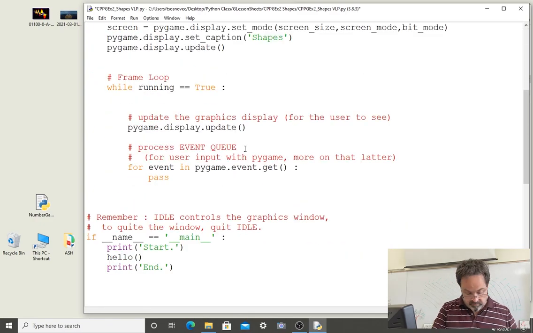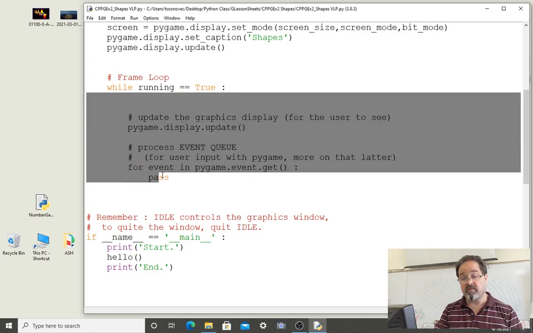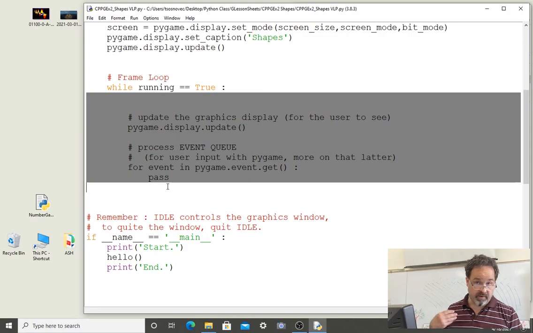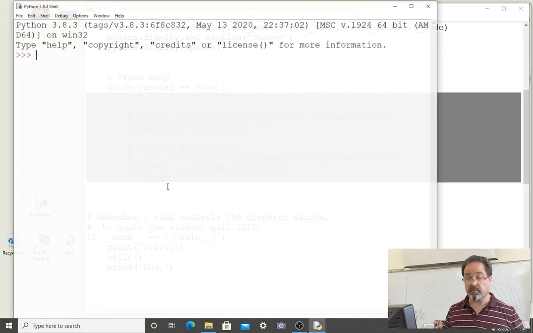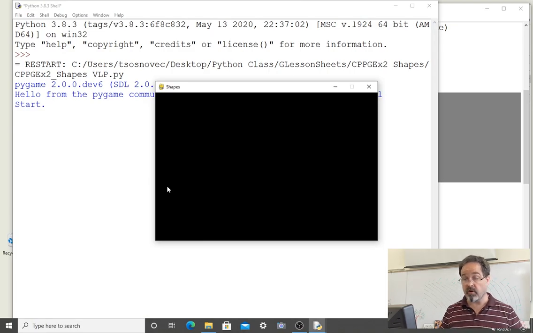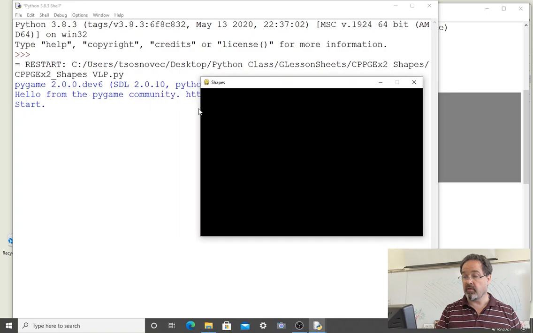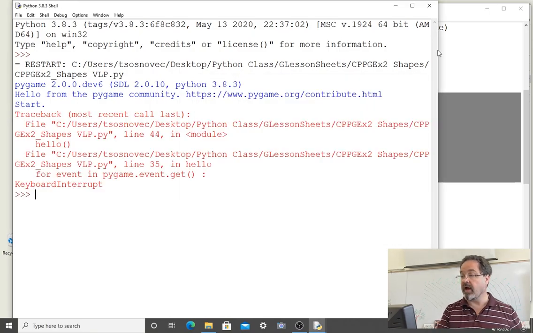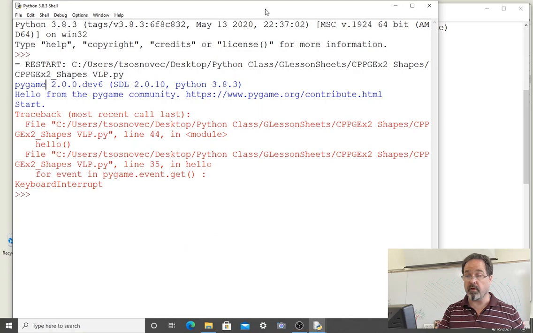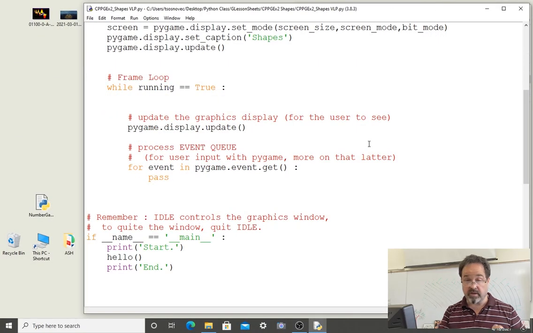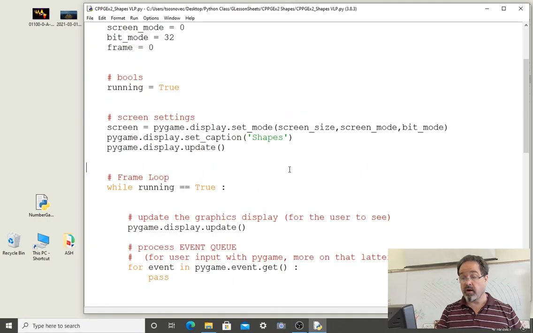Our stub should run. Our frame loop does not provide any way of exiting, so we'll have to force it to quit, but we can confirm that we start, we get a relatively small graphics window, and we have to break out of the while loop in order to quit our program. We X idle in order to get rid of the graphics window. Rather than closing the graphics window, we close what's controlling that window. So we're going to